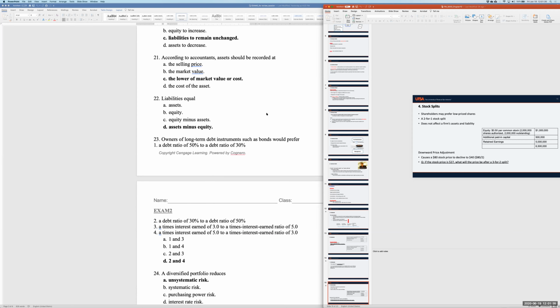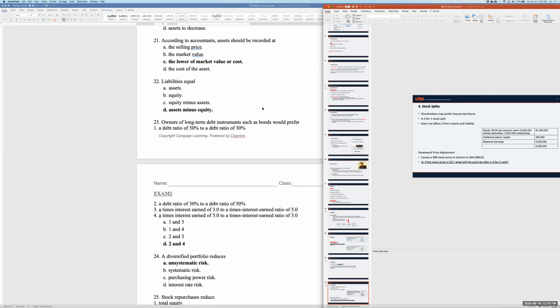21, according to the accountants, assets should be recorded at the sales price, the market value, the lower of market value or cost. Yeah, this is accounting terminology, and the accountants should record assets at either the lower of the market value or the cost of the asset. The correct answer is C. 22,